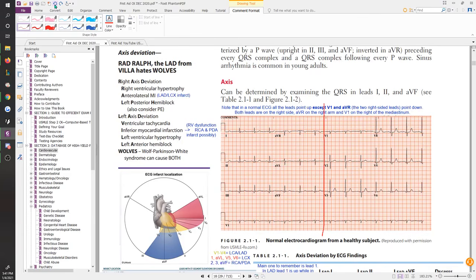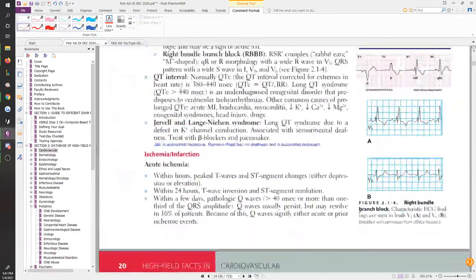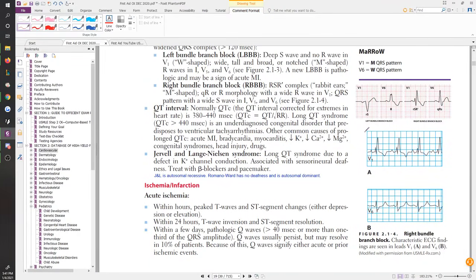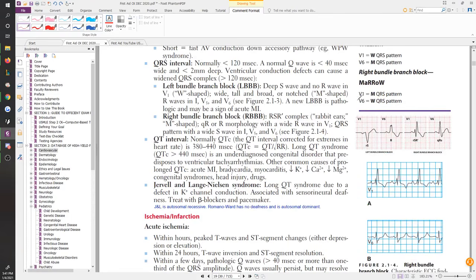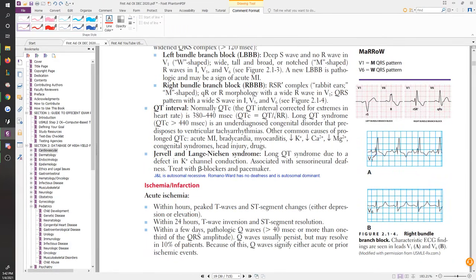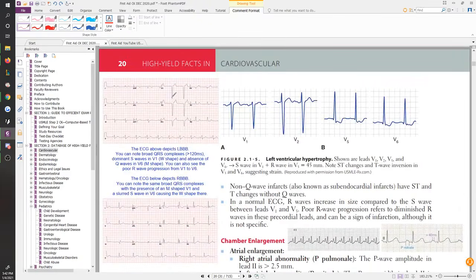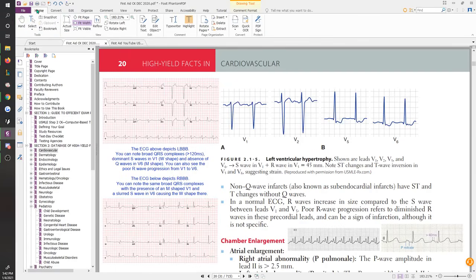But the Marrow, right? The Marrow is often harder to work with. It's actually not that straightforward to capture the Marrow design. So when you're looking for the Marrow issue to occur and you're looking for an M in V1, if it's pretty like this, you'll see it. If it's not so pretty, catching the M is often very difficult because V1 is very tiny to begin with, right? V1 doesn't look as big as they've shown you in the first aid image here. I'm not even sure if this is actually from a real ECG, but in the book itself, I've actually put some ECGs here to capture what you're going to be looking for.